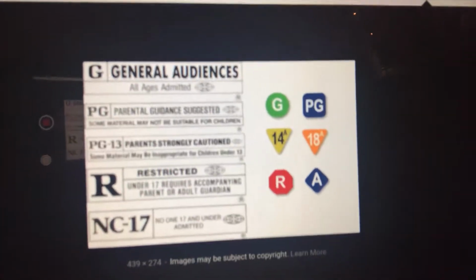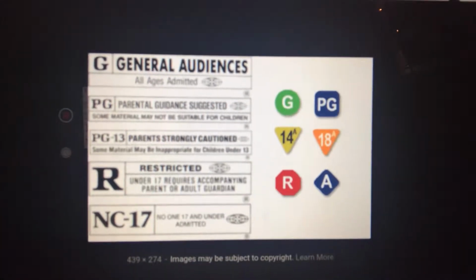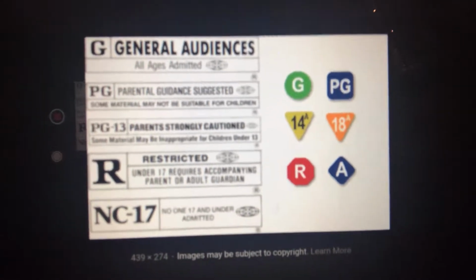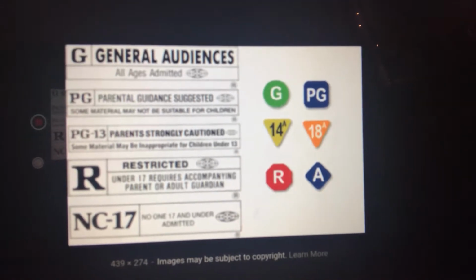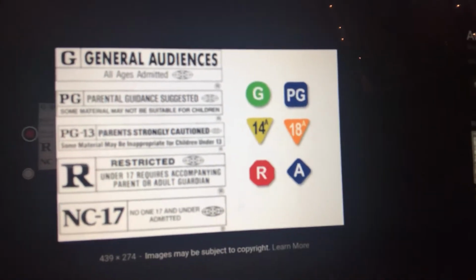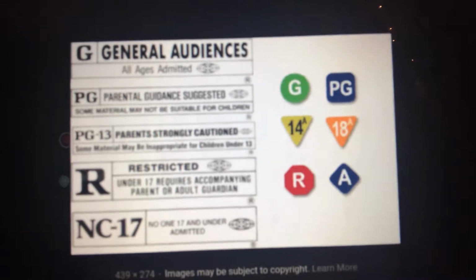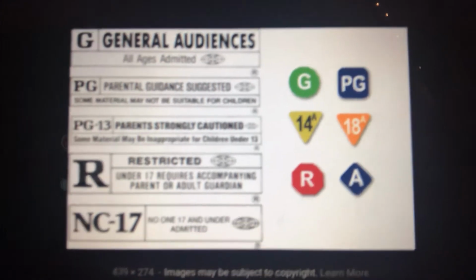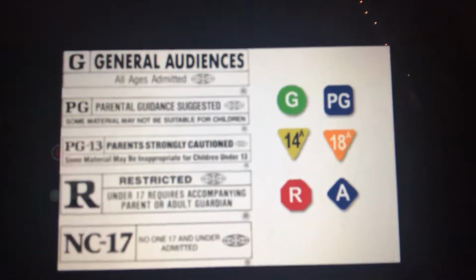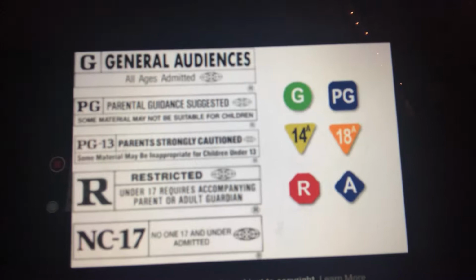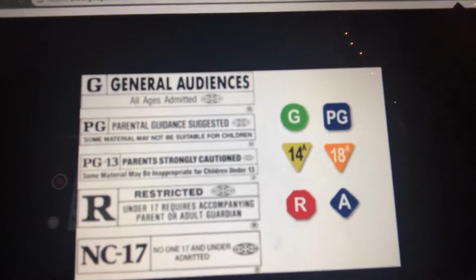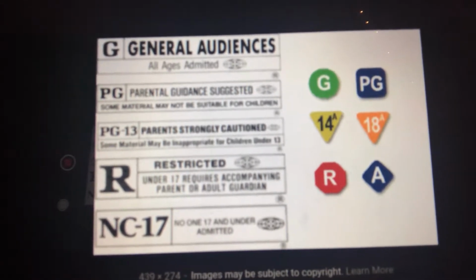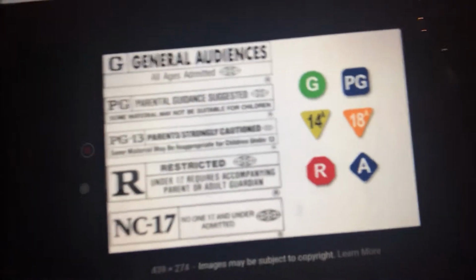So this is what the rating system looks like. The ones without the coloring, that's what you would see generally before you watched a movie, depending on what type of movie it is. Generally, most teenagers, probably around my age, would be watching PG-13 movies. That is what is deemed appropriate, at least for 16-year-olds. And then below that would be PG and G. Normally it's the youngest all the way at G, and then all the way down to older at NC-17. Alright.